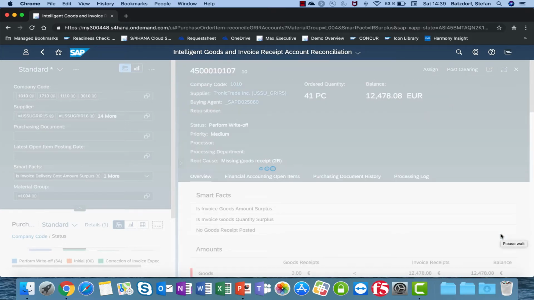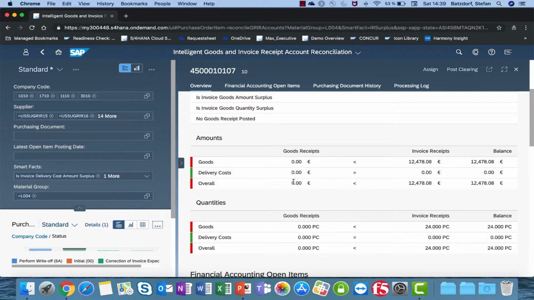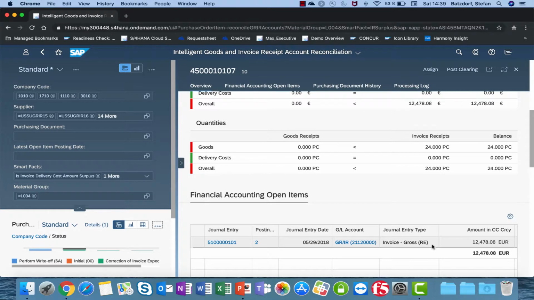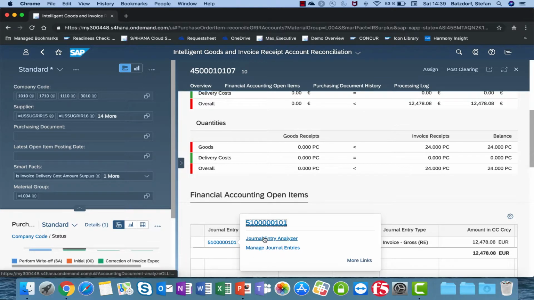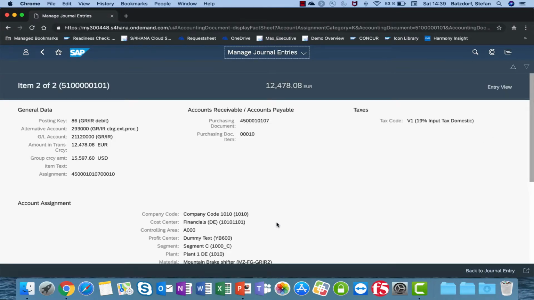And so here I see, for example, for this item, there was no goods receipt posted, but I have the invoice received. So no goods received was posted, but 24 items were invoiced. And from there, I can jump into the journal entry. I can post the goods received for the respective part and correct it. Or I can simply